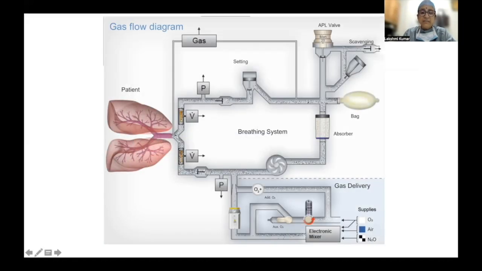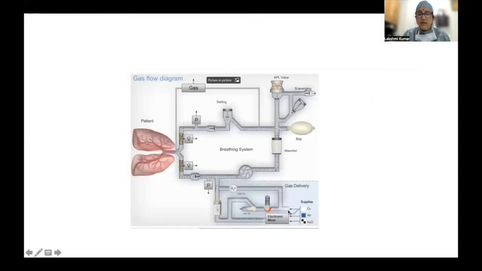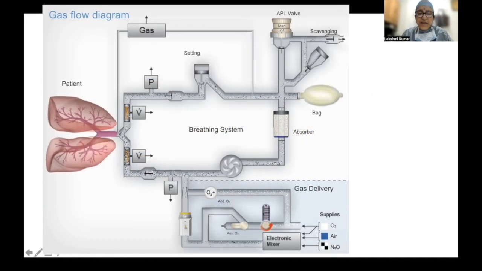Now, this is a schematic representation. This is where the machine knobs are, showing an electronic mixing of oxygen and air or nitrous. The gas mixes, comes through the vaporizer, and then enters a circuit, and this is a turbine that is equipped with the blower. Now, the speed of the blower will vary between inspiration and expiration, and the flow is actually controlled by the PEEP valve that is